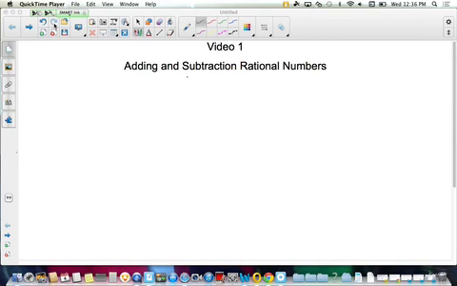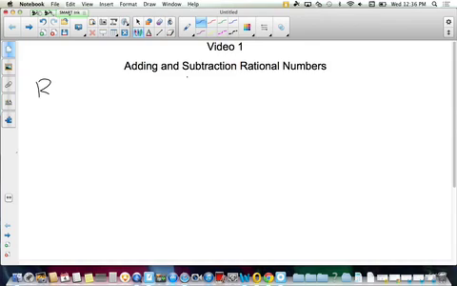1 from Unit 3 or Chapter 3 in our book. And video 1 is going to be called Adding and Subtracting Rational Numbers. Okay, so we talked about adding and subtracting integers. What we're going to look at now is what happens when we add and subtract rational numbers. So rational numbers